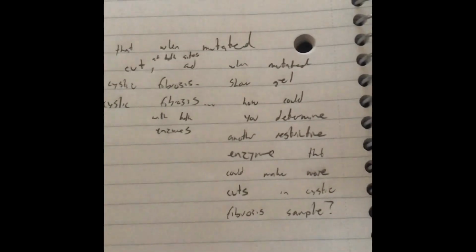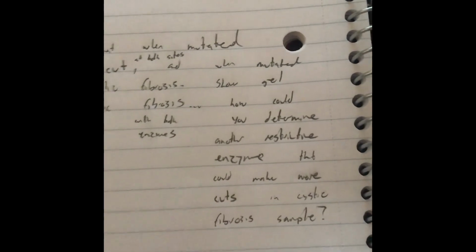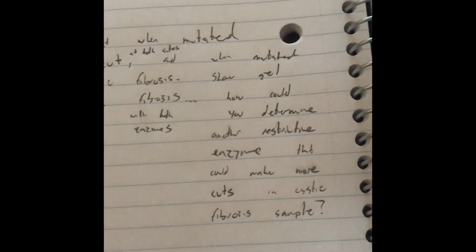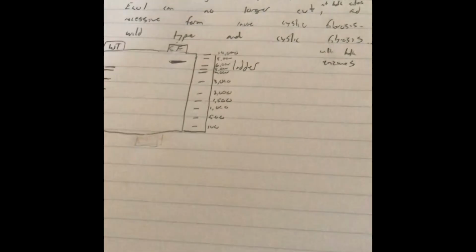Yeah, and then I also said, this is just kind of like a discussion question, how could you determine another restriction enzyme that could make more cuts in the cystic fibrosis sample? It's kind of like a broad idea, but what I decided to do is say, what you could do is you take this DNA, you run a Sanger sequence, you find the actual DNA sequence of that 14,000 base pairs long, and then through analysis you could find other types of restriction enzymes that would have